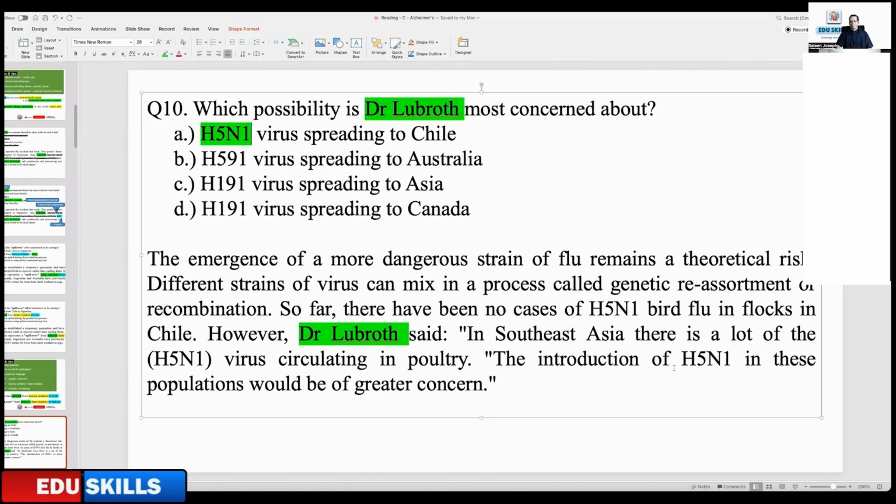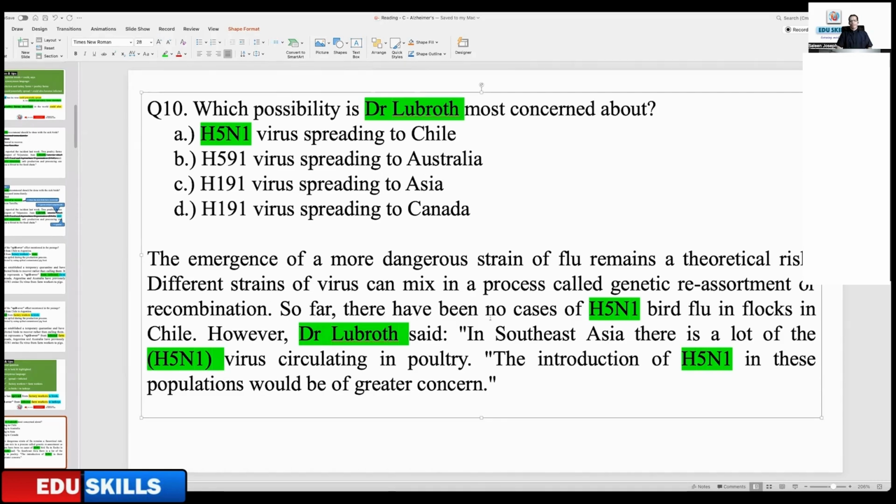H5N1. So mutual is normally understood. If you don't have the other one, this must be the answer, right? These are the tricks I'm telling you. Then later you will understand from the process of your learning process. The confusion you can have here is about South Asia spoken of here, but in the previous